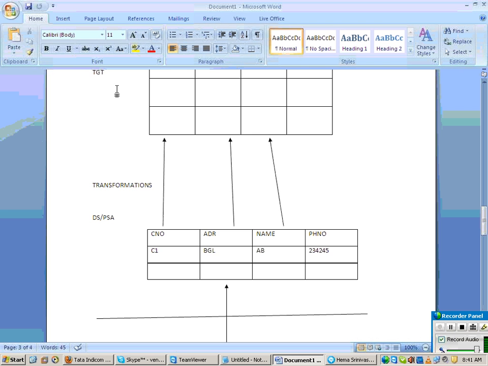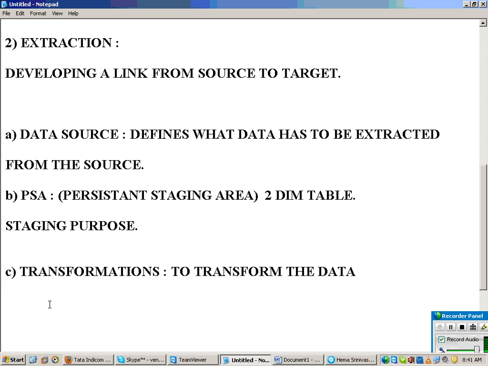Okay? Right. So next, what you are going to come across is called the info package. And one more option is there, called DTP, data transfer process.